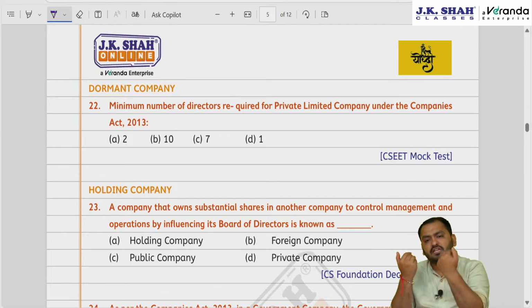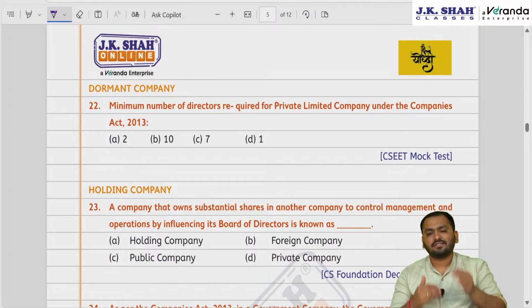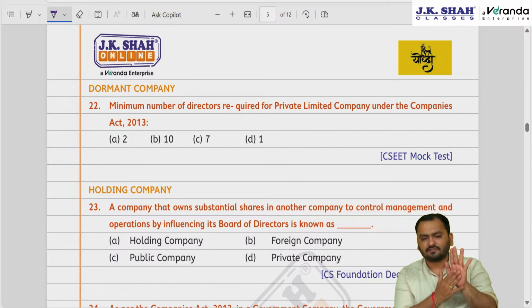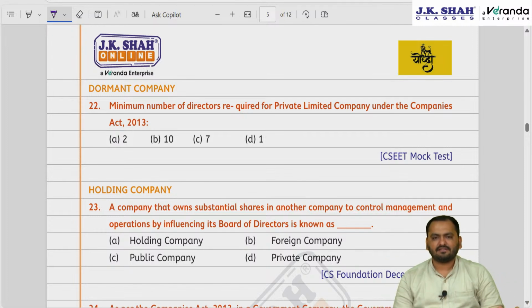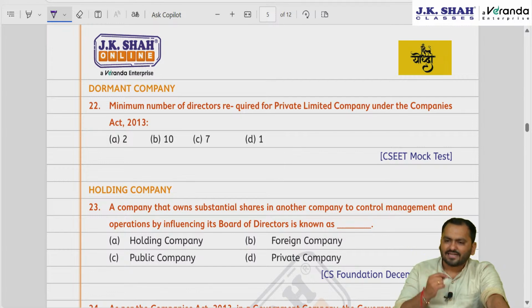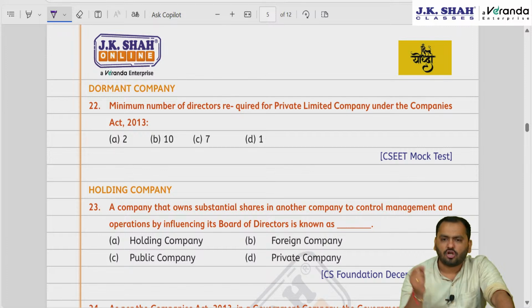And if ROC gives you the permission, that means if ROC gives you the certificate of dormant status, then this inactive company will now be called a dormant company. Now, will your name be struck off? The answer is no, right? So now you can remain dormant. Just for your knowledge, once you get this dormant status, your inactive company will be called a dormant company, right?